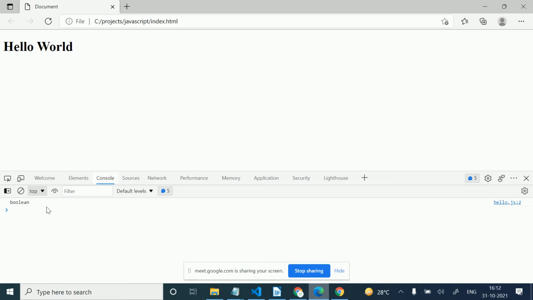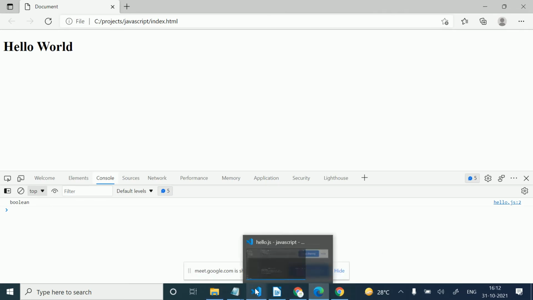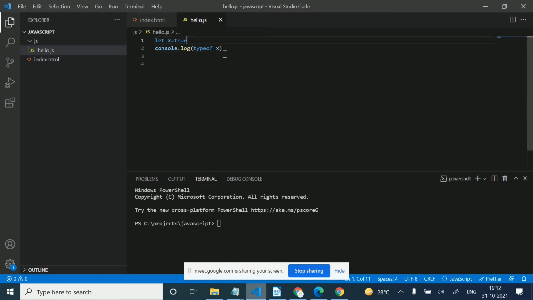When we use typeof, there are a lot of ways where we can use this typeof keyword. There will be some conditions here, like typeof x equal to object.